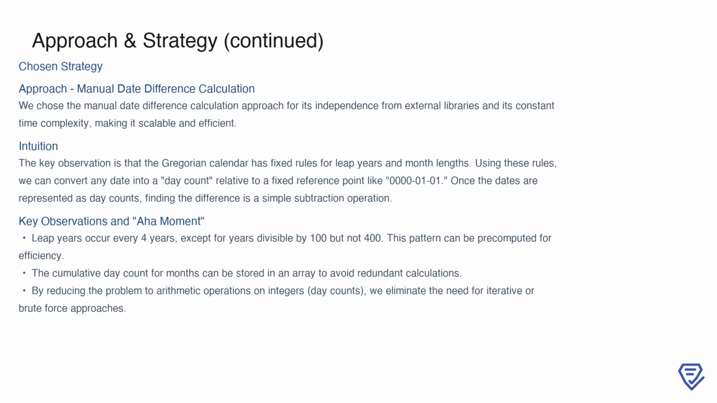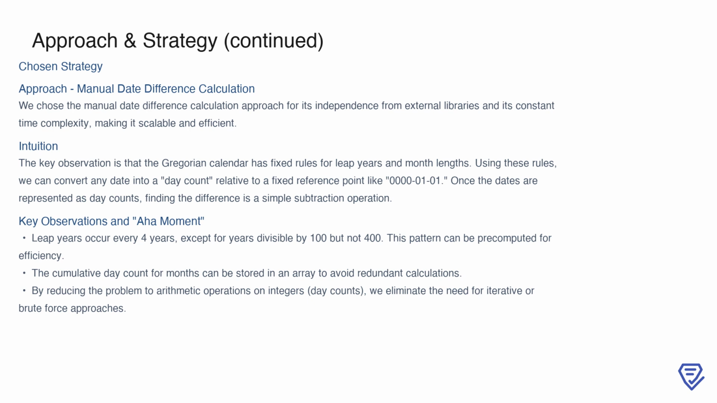A pivotal observation is the predictable pattern of leap years. They occur every 4 years, except for years divisible by 100 but not 400. This allows us to pre-compute or systematically account for leap years during our calculations. Additionally, the cumulative day counts for months can be stored in an array, eliminating the need for repetitive calculations. By reducing the problem to basic arithmetic operations on integers, this approach avoids the inefficiencies of iteration or the dependency